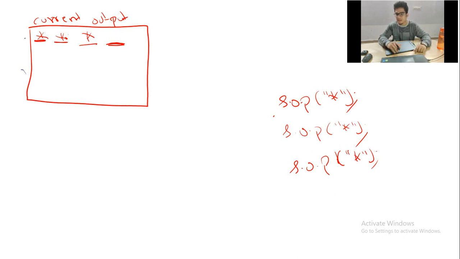Why are you telling us this? Because imagine now I have told you to print 3 stars. What if someone has told you to print 100 stars? Will you copy and paste 100 times? Difficult, right? In such cases, loops will be helpful to us. So using loops, how do I achieve this output?